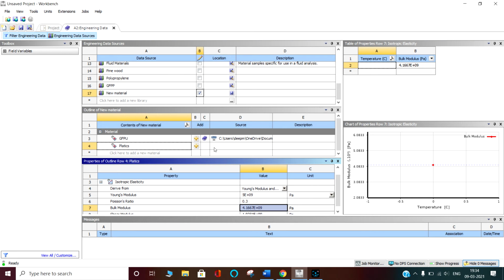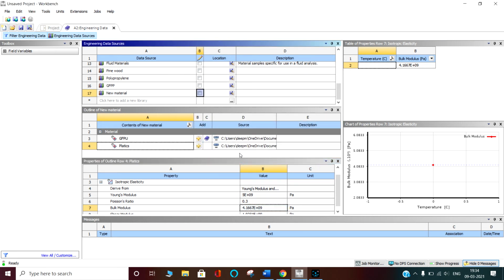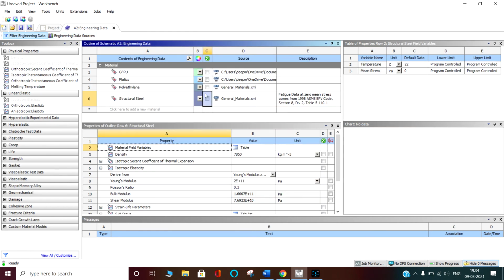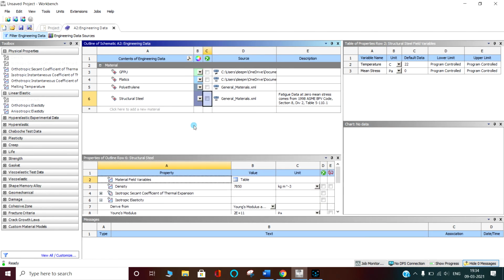Like this, we can define anything. Just remove this one. Yes, save. Yes, it has saved. The material has been saved. If you want to edit, go and click on it. See, plastics has been added and it has come here. Like this we can define whatever material properties we want to define.